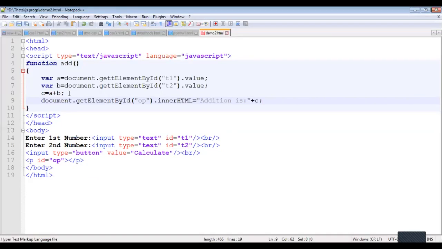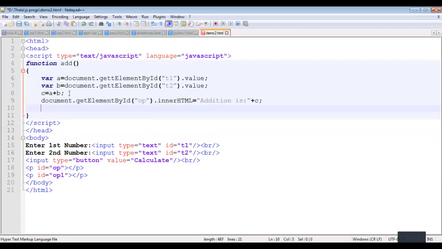To see the difference between innerHTML and innerText, I will take this paragraph two times, and put that statement, the addition is c, again on another paragraph also. Done.